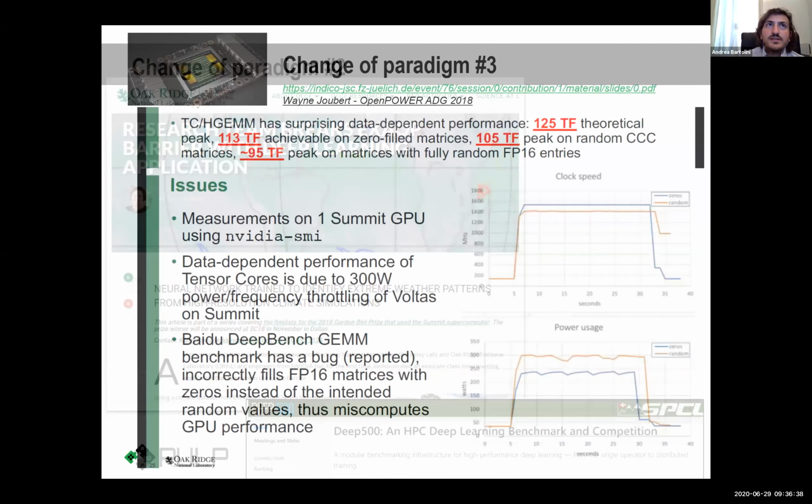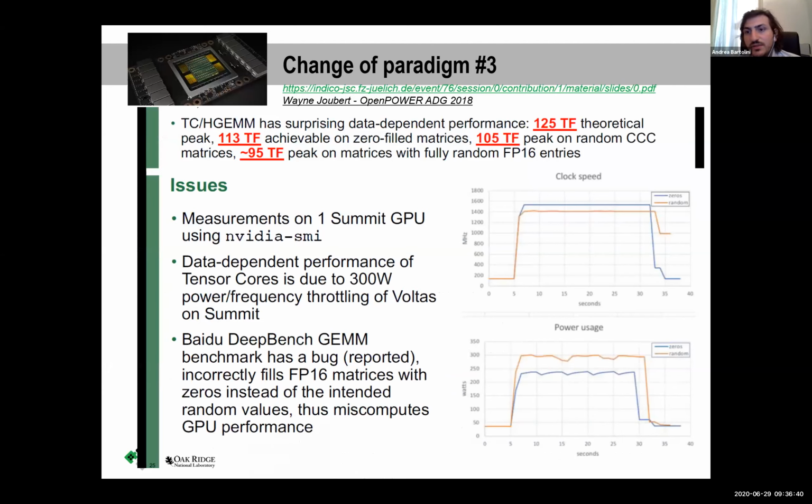And the third change of paradigm, which has also been discussed before, is the fact that the systems are power bound, and we can see it in this slide. This slide is taken from the OpenPOWER academic discussion group in 2018, which was reporting an unexpected behavior of the GPUs inserted in the Summit system.